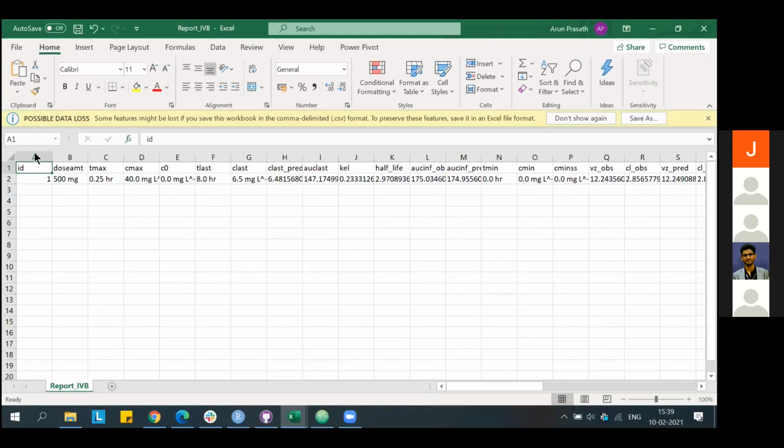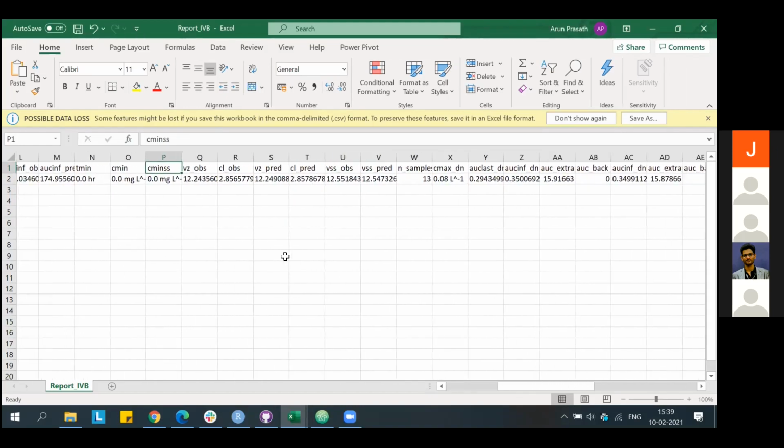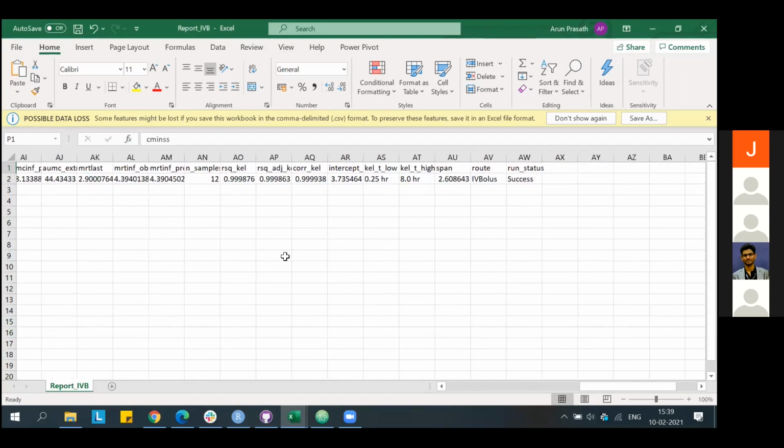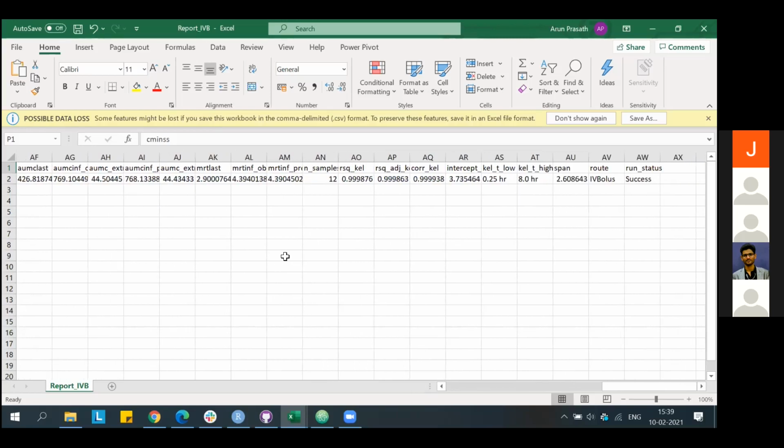And here we have all the parameters which we need: dose amount, Tmax, Cmax, C0, Tlast, Clast predicted, AUClast, elimination half-life, AUCinf predicted, Tmin, Cmin. So we have about 49 different parameters that have been estimated.